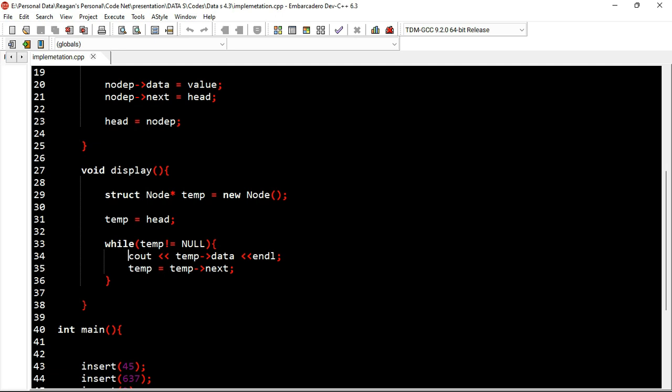So this is why we're saying, okay, while temp is not equal to null, while we've not reached the very final node, because the final node is the node that will be equal to null, because it won't hold on to any memory address of any next node. So while temp is not equal to null, please print out, please use cout as a keyword in C++, please cout